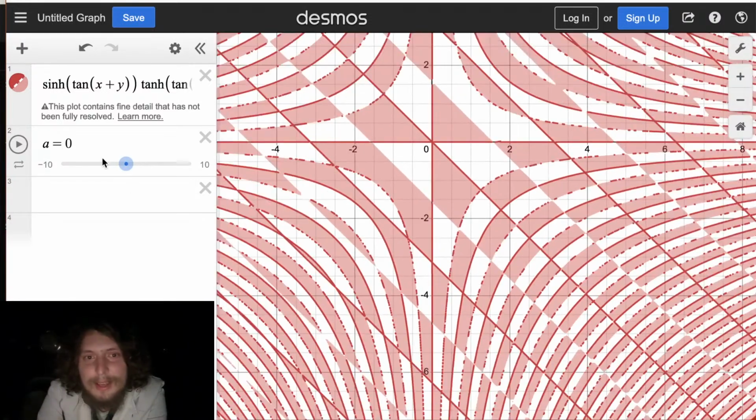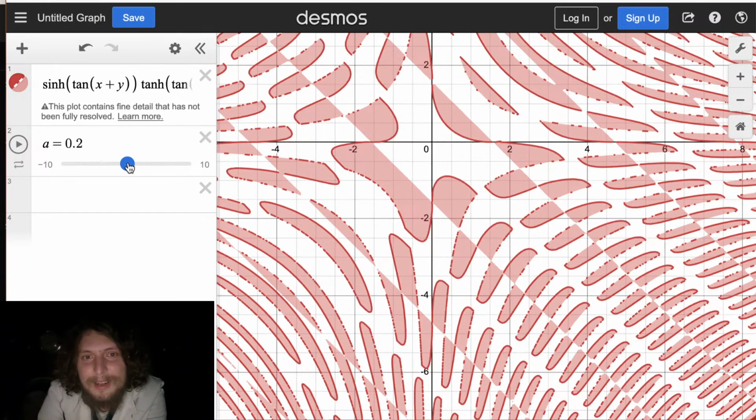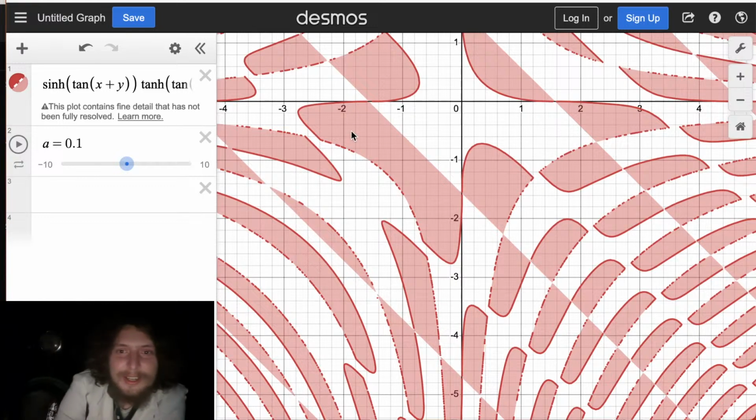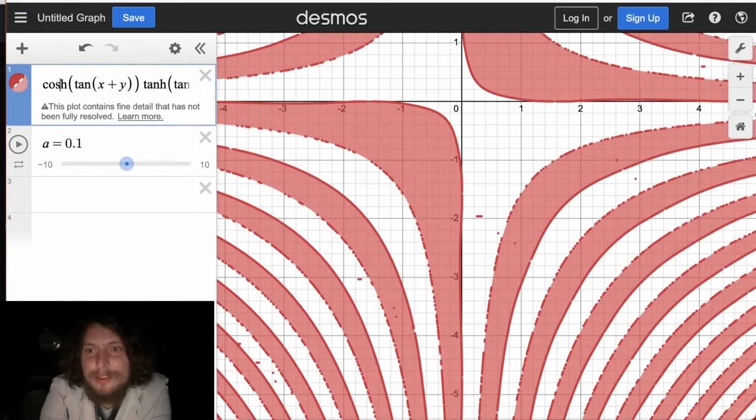This one has these lines I want to get. That's at 0, is kind of cool, but we're going to go a little past 0. We'll put it at 0.1. Will it even let me do 0.1? Yeah, A is 0.1. So now they're almost touching here, but not quite. Now we can try some different combinations.